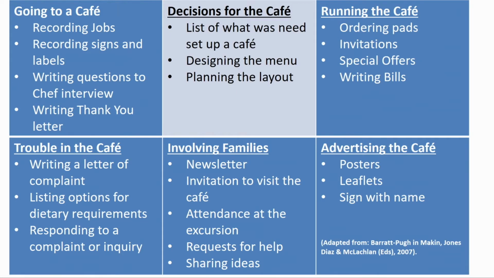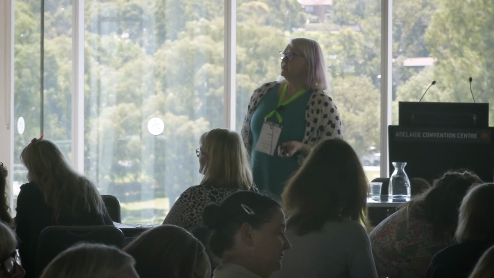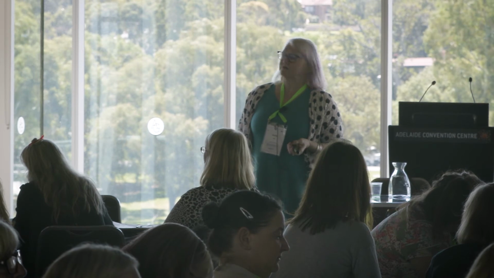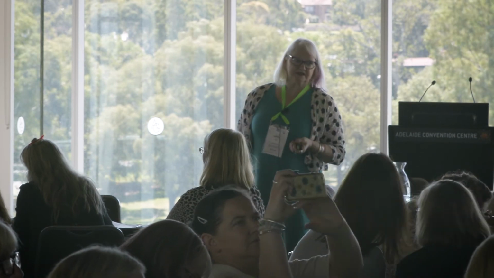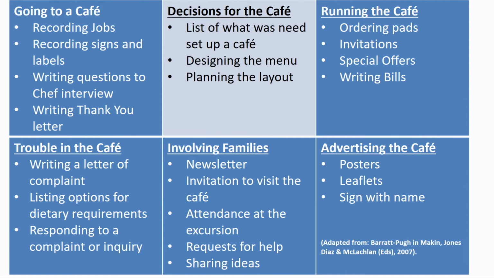Part of the planning for the cafe included things like we had lots of different areas that we thought included literacy. They were quite traditional reading and writing and designing, drawing type activities. When we went to the cafe, recording the jobs, looking at the environmental print, writing a thank you letter, interviewing the chef, and then of course the things that we would normally put in our play centres if we had a cafe or a shop, every opportunity to write, to make lists, to write numbers, to fill out bills, orders, special offers that we saw at the pizza shop when we went.